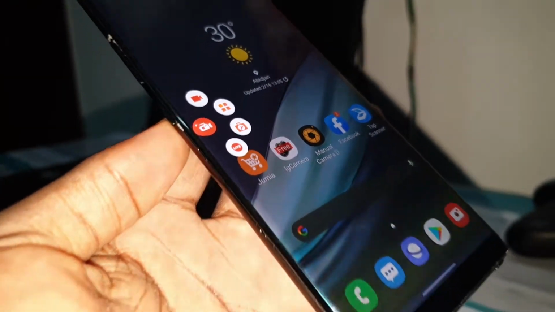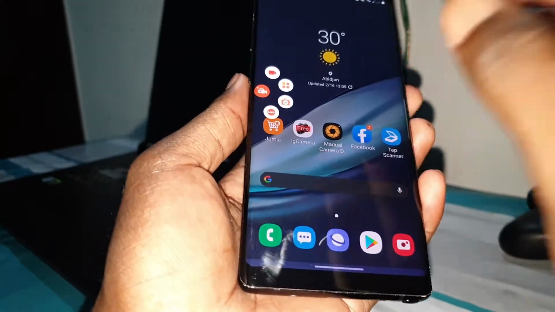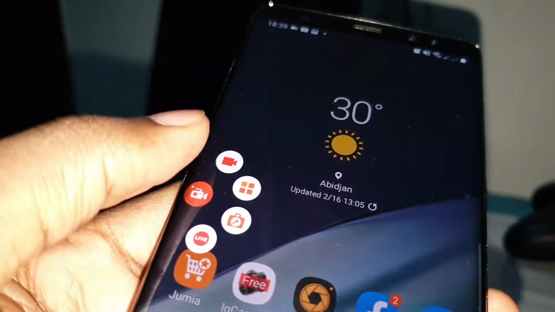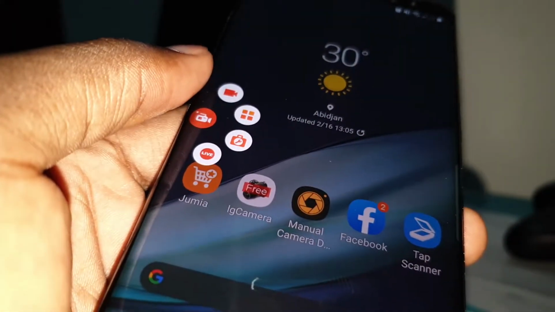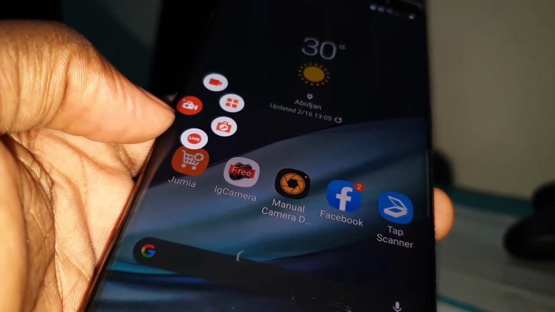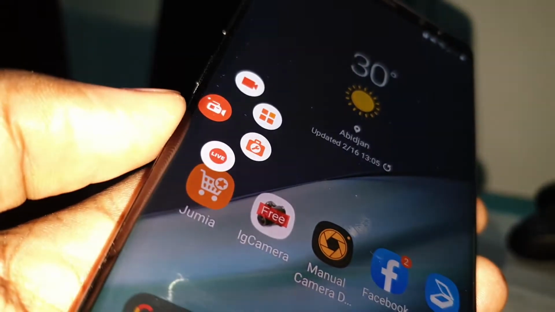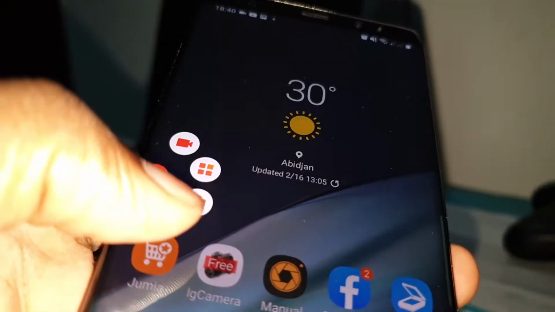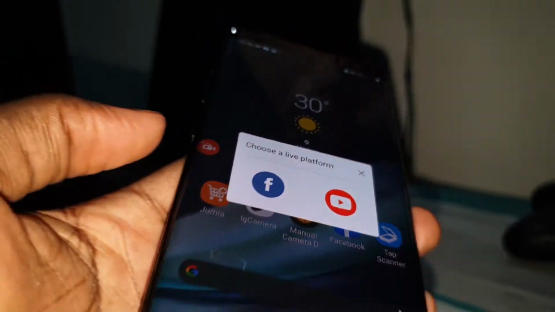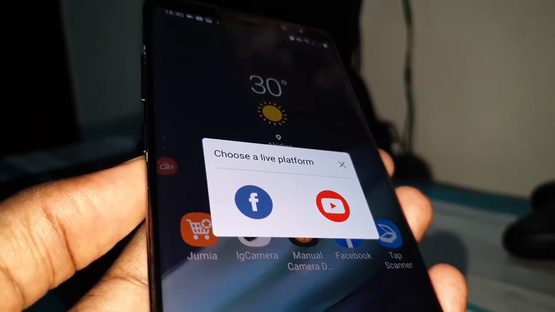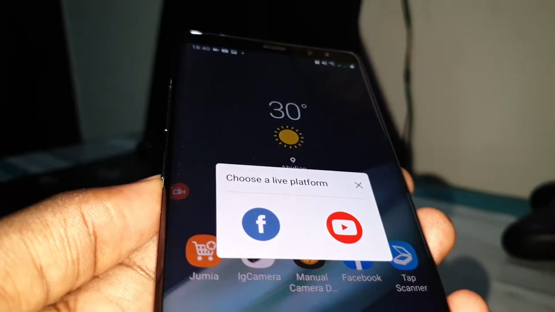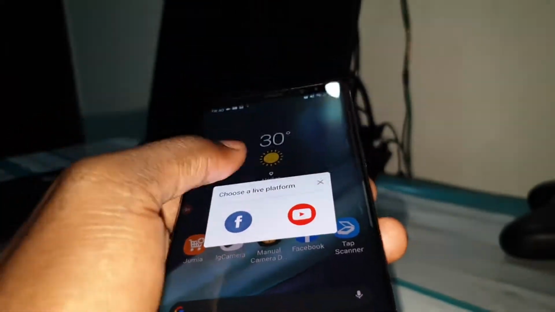This is the brand new AZ Recorder. Wonderful. You have the option to record your screen, and you have so many things. You are also live. Look at live. Now let's click on this. You can go live to Facebook and YouTube.